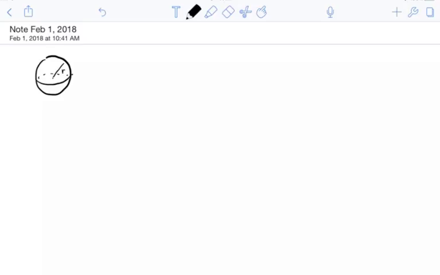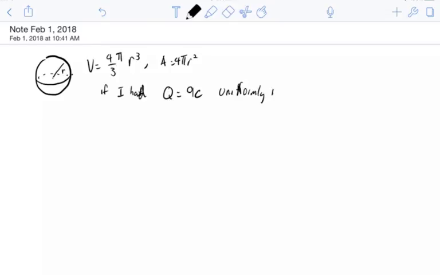But if it's a sphere, the volume is 4/3πr³, and the area is 4πr². Yeah. And so, say if I had a total charge, Q, equal to, I don't know, 9 coulombs, uniformly distributed through the volume,